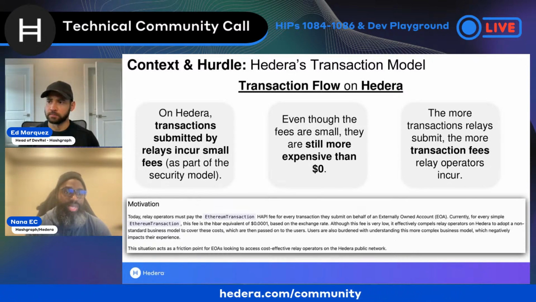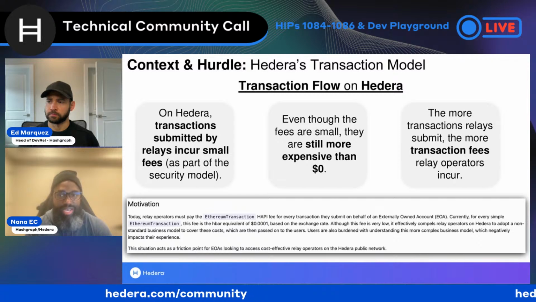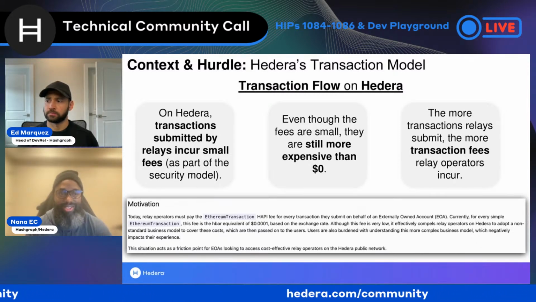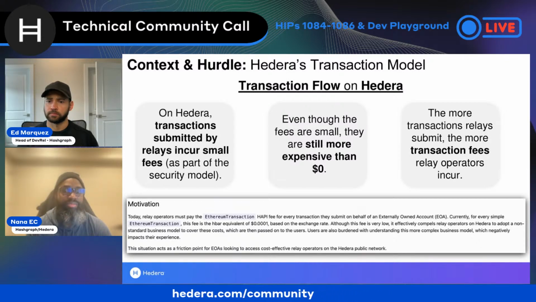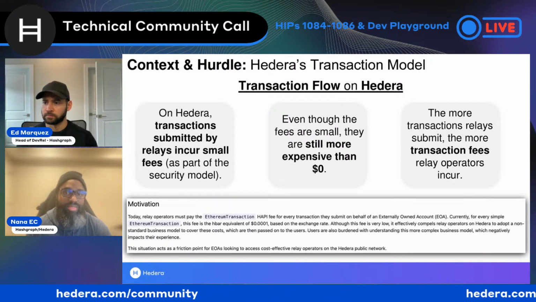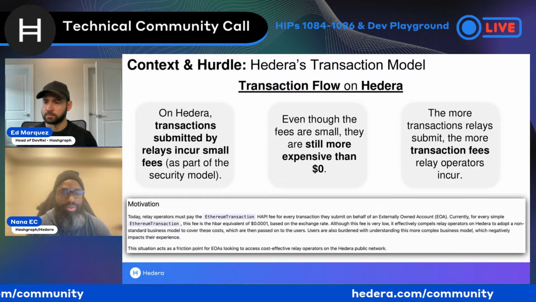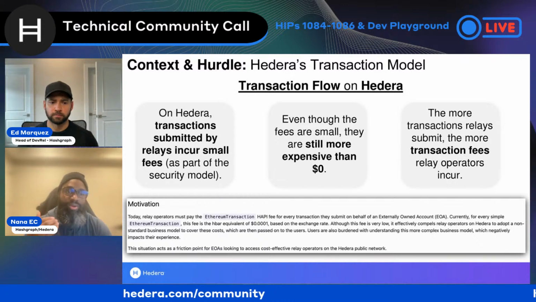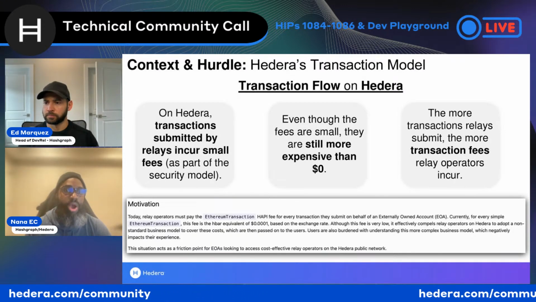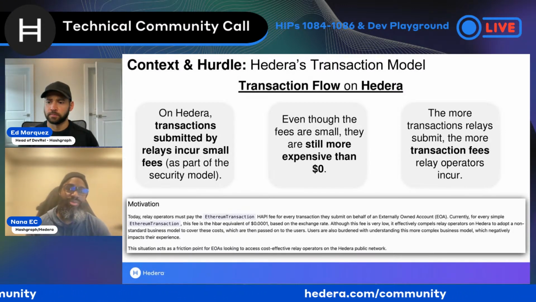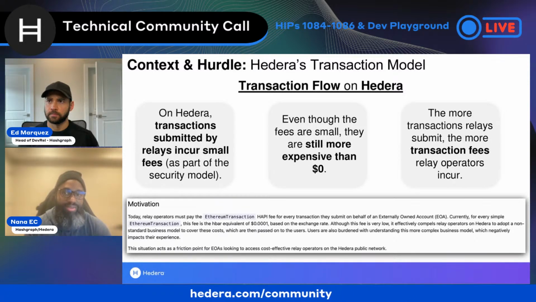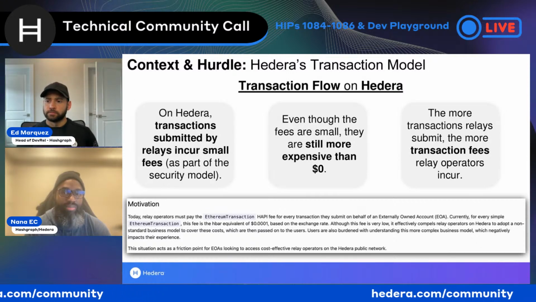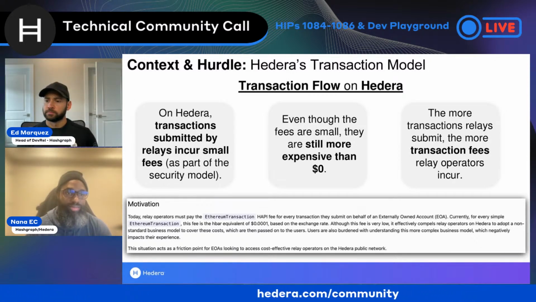And so even though it might cost only a third of a cent, the interesting thing is that a third of a cent is way more expensive than free, right? And so relay operators that are coming from another network over to Hedera, they have to factor that into their business model, right? And so what happens there is that as the relayer submits more and more transactions, their cost goes up. So consider a relay that supports hundreds of thousands or even in the future millions of transactions a day, right? They have to cover that cost somehow, and it's something that they need to factor in.